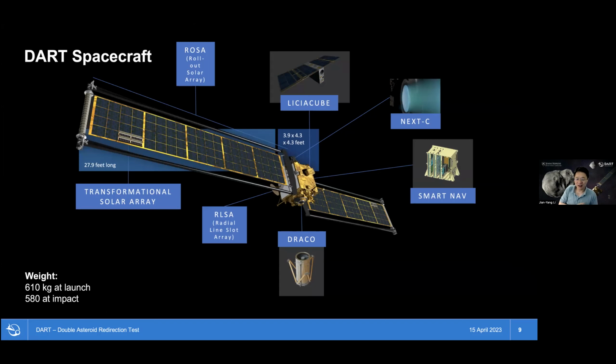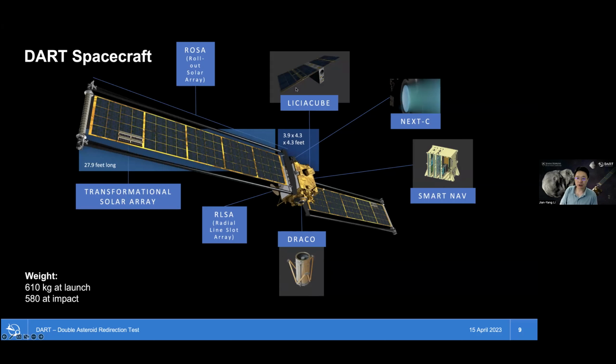Basically, to hit it. And then another essential component is the camera. It's called DRACO, the Didymos Reconnaissance and Asteroid Camera for Optical navigation, right? So this is just a navigation camera. And this is the only science payload on board this spacecraft. It has a pair of huge solar panels and also some other components, but most of those are just for technology demonstration. Basically, NASA wants to make the most out of the mission, so they packed a lot of new technology on it. Those components are not essential for this particular mission, but they can test the new technology.